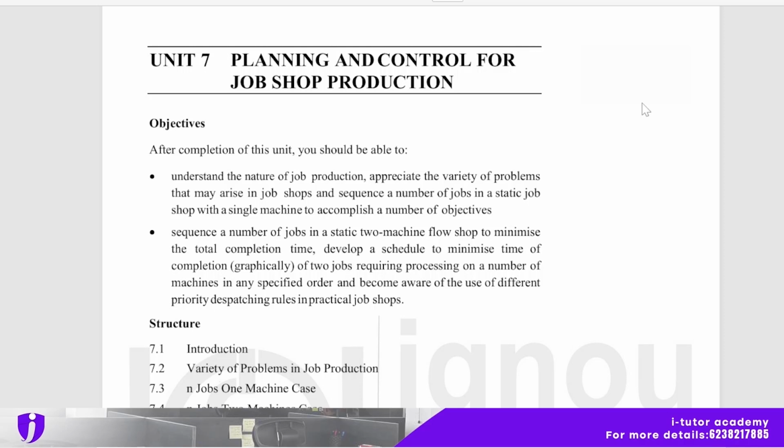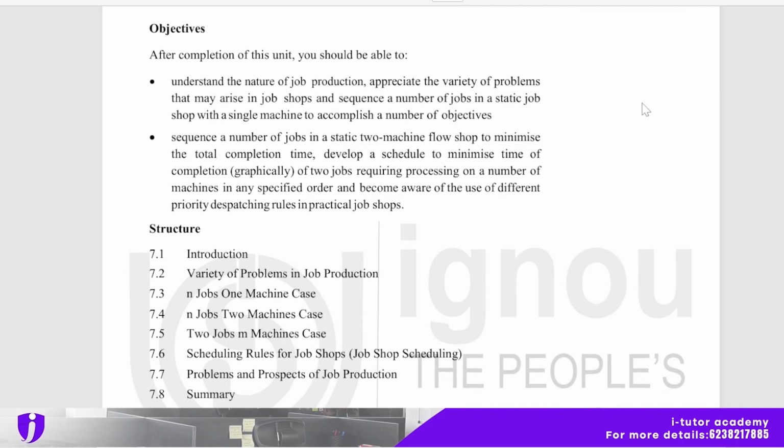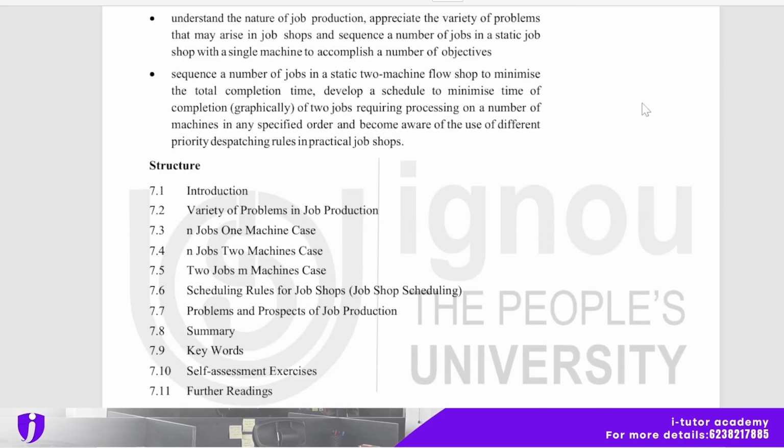unit 7. Okay, so the objectives of this chapter are: understand the nature of job production, appreciate the variety of problems that may arise in job shops, and sequence a number of jobs in a static job shop with a single machine to accomplish a number of objectives. Sequence a number of jobs in a static 2 machine flow shop to minimize the total completion time. Develop a schedule to minimize time of completion, that is graphically, of 2 jobs requiring processing on a number of machines in any specified order, and become aware of the use of different priority dispatching rules in a practical job